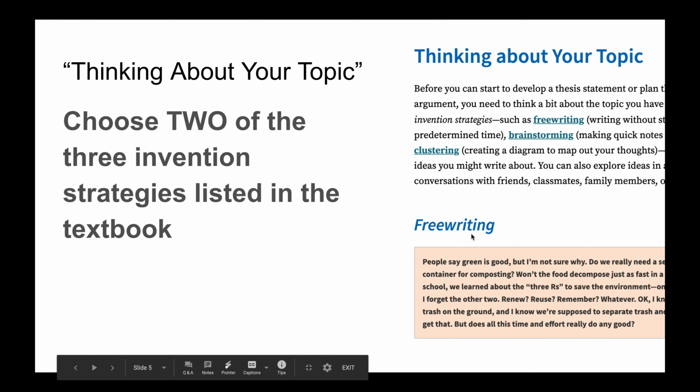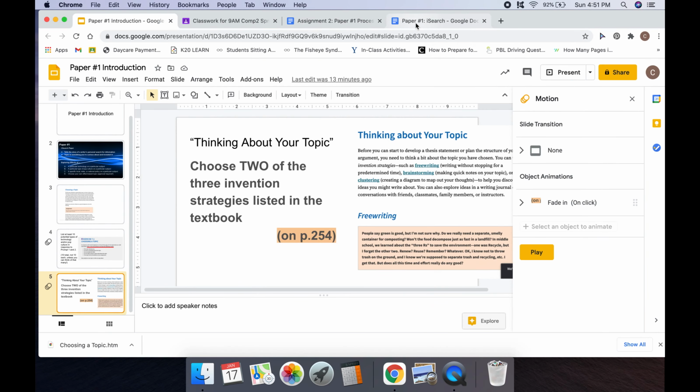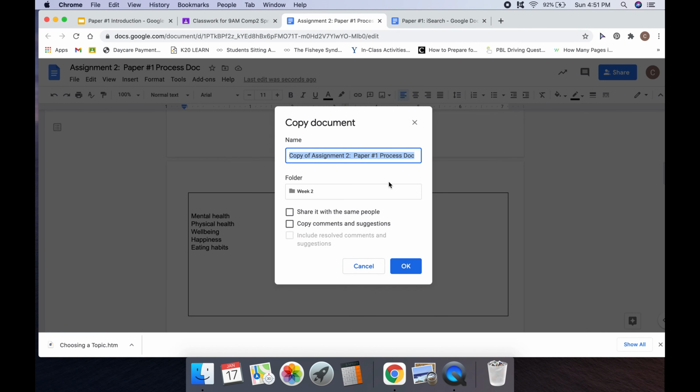When you're finished with this assignment, you can click submit. Please note that when you click submit or turn in your assignment on Classroom, you won't be able to edit it anymore. So if you want to continue working on this after you've turned it in, make sure you make a copy of it. And you can do that by coming up here, File, Make a Copy, and then make yourself a copy that you can continue to edit if you want to. You can always view it, but once you turn it into me, you lose edit access. So make a copy if you want to continue working on this same document.